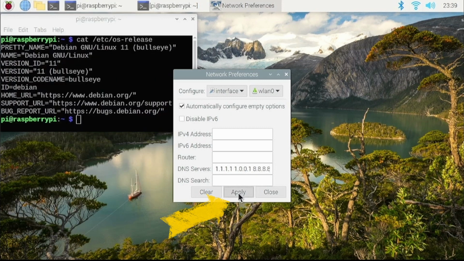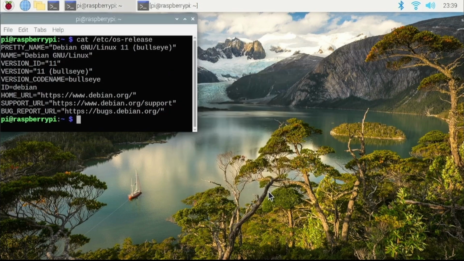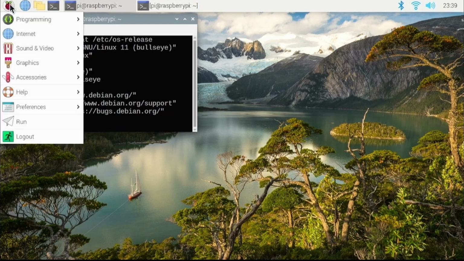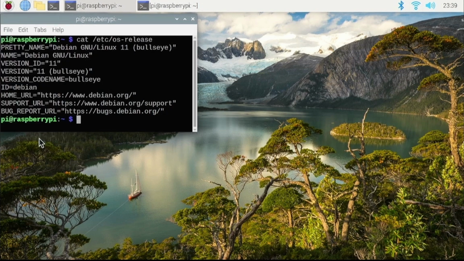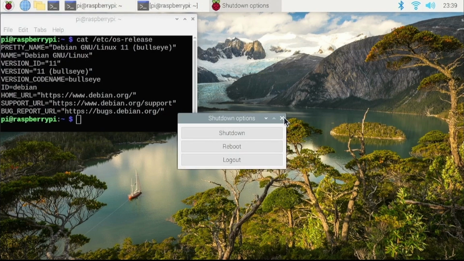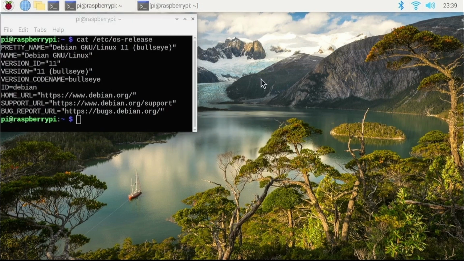Click on apply. If you do not have administrator access, you're going to get an error at this screen. So now that we've applied it, hit close. The system's not yet going to use the information until the DHCP client daemon is restarted. So one option is to restart the computer. You could do it through the menu, log out, shut down, or reboot is probably more appropriate. Or open up a new terminal window